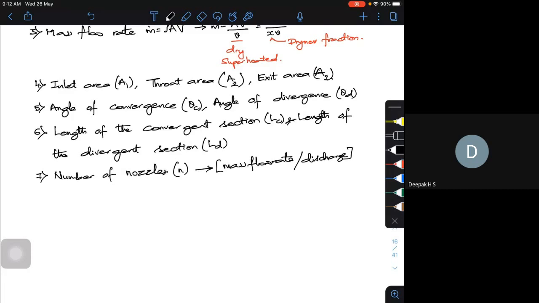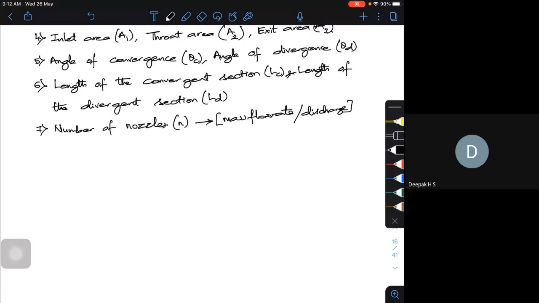At the same time, there is the angle of inclination and the thickness of the nozzle. Some of the other factors we need to consider is the thickness of the nozzle. What should be the thickness of the nozzle? Then, if I'm going with n number of nozzles, I should be able to set the pitch, that means how we are going to place the nozzles, how many nozzles we are putting. So thickness of the nozzle and pitch of the nozzle also come into the picture.